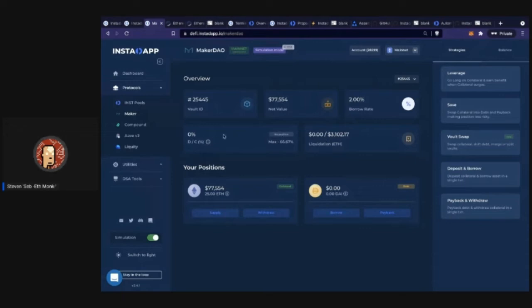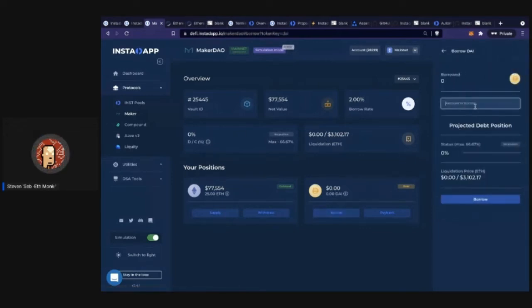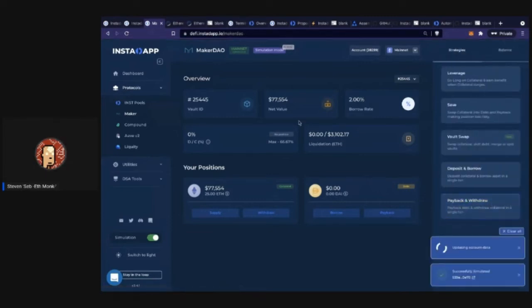We don't have any debt on it, so let's actually create some debt. And I believe the minimum is 10, so we're just gonna go for 20. And you're gonna see all this, very familiar. You're gonna get your liquidation price. You're gonna get your debt to collateral ratio. Same thing. If you hit 66%, you